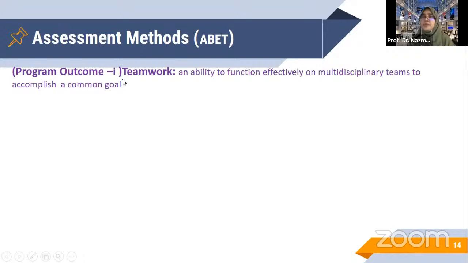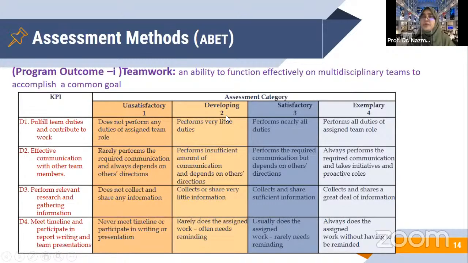So here we have the KPI. This is the dimension. On the top, you see the different levels, unsatisfactory. This is a scale between the tiers. So